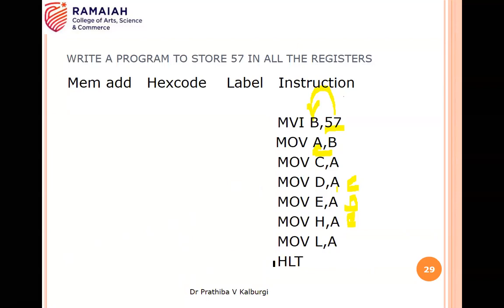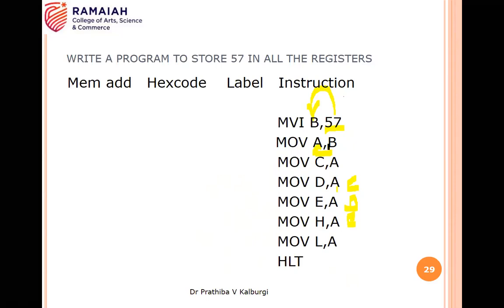Ma'am, if I write M comma A, what happens? What will be stored? M comma A, yes, you can also write, but again you need to initialize your HL register pair. When you use your M, it will store into your lower order byte, that is L. Again, you have to move to the next location, that is H, higher order, and then check the value there. I'll explain when I use my LXI instruction. There we are going to use move M comma A.